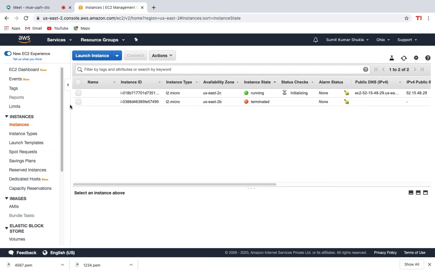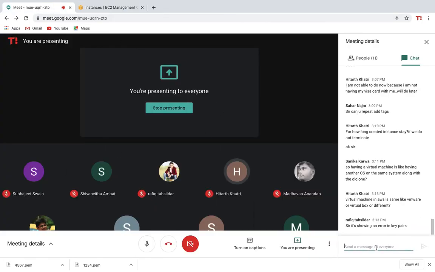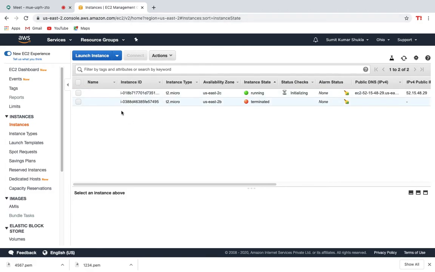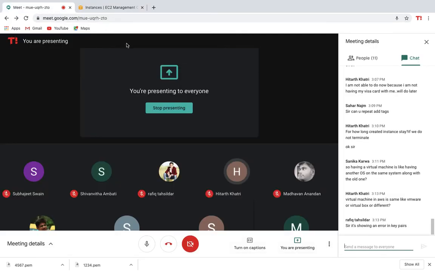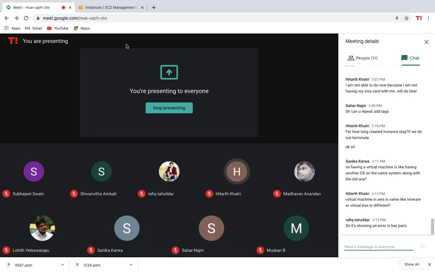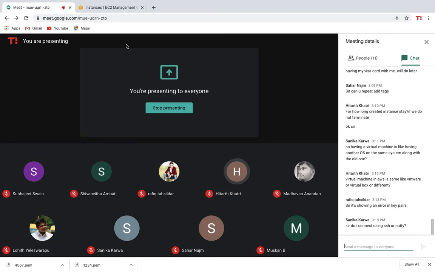Yes, that I saw. So do one thing in the Ubuntu option, guys. In the Ubuntu, go and select the last option, that is Ubuntu 18.04 LTS HVM. The last one you will get there. Ubuntu Server 18.04, and then work with that. Shubhjit, you have given me a snapshot there, and in that click on the right hand side, you will get an option, edit AMI. Can I connect using SSH PuTTY? You go on SSH.